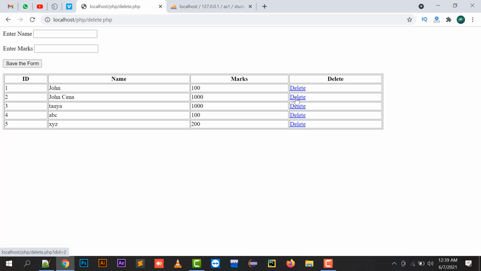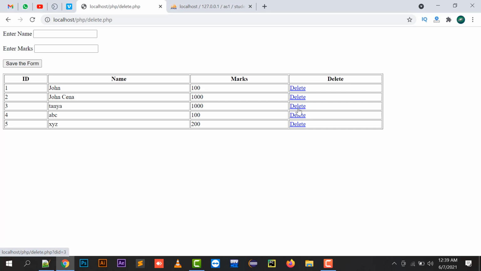If I put my cursor on the second record, it shows me did equals to 2. Question mark did equals to 2. Similarly, question mark did equals to 3, 4 and 5.